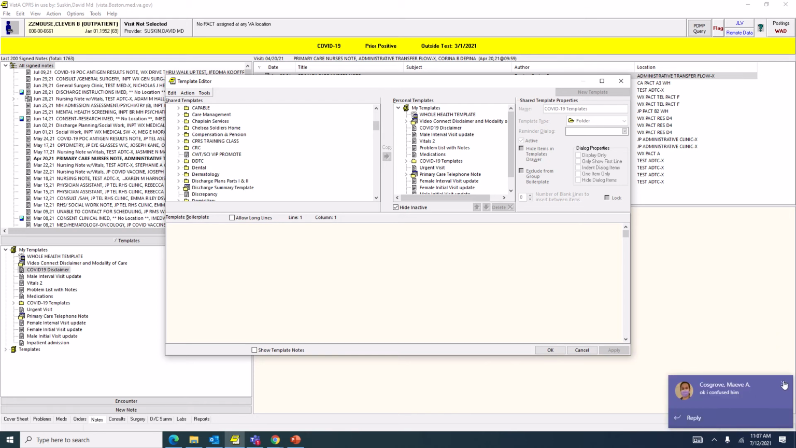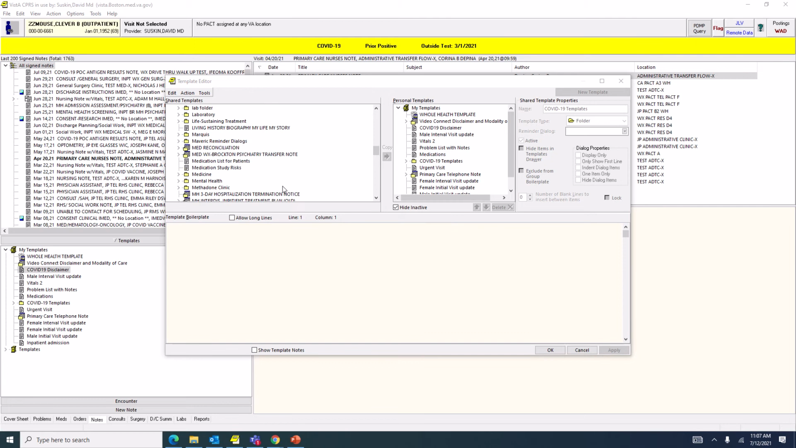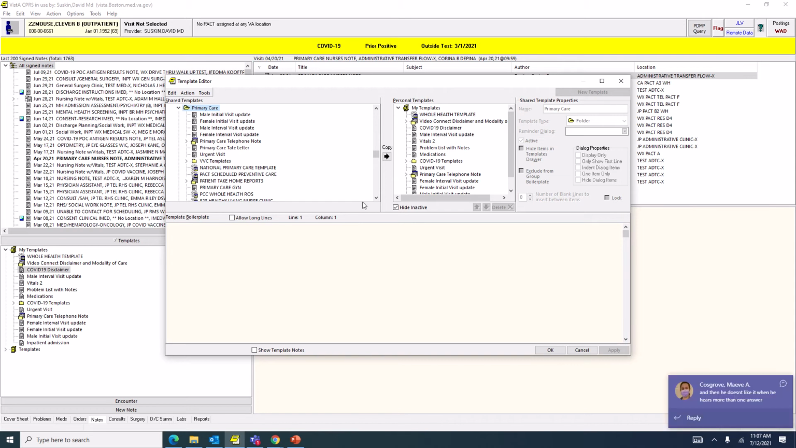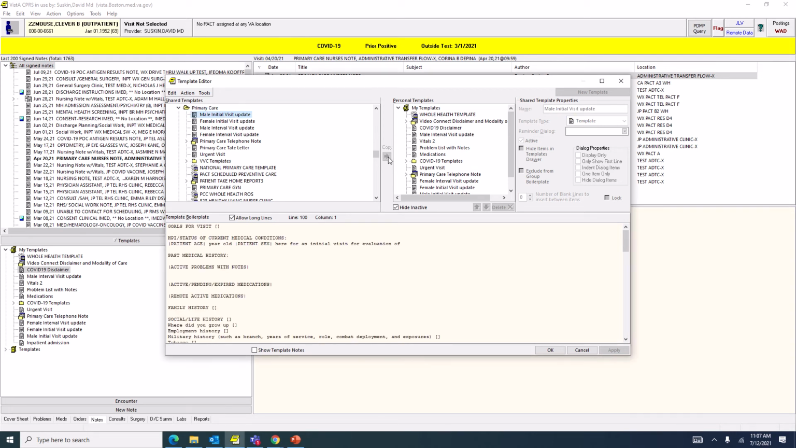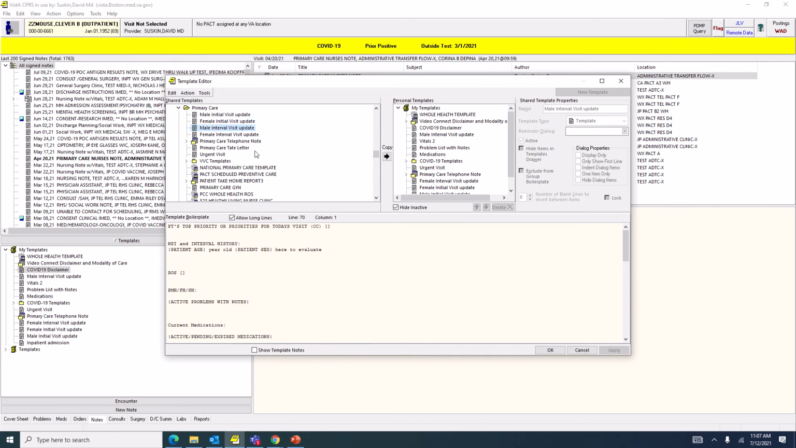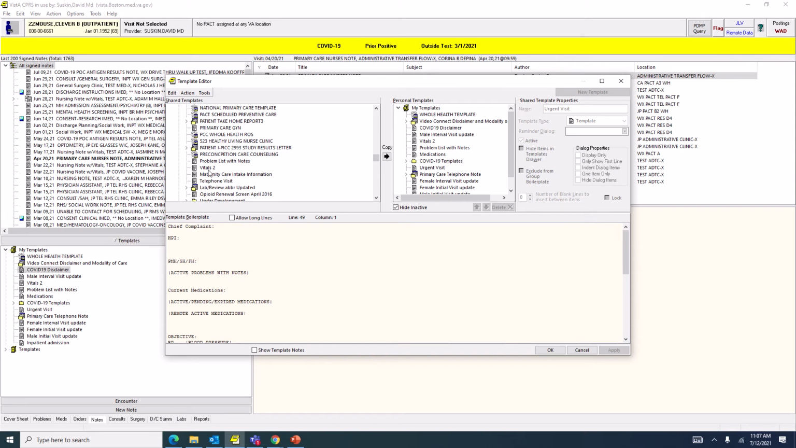Next, you will go down to the primary care and you will expand that. And the templates that you should add include the male initial visit. Again, you'll hit copy, female initial visit, male interval visit, female interval visit, urgent visit. I would add